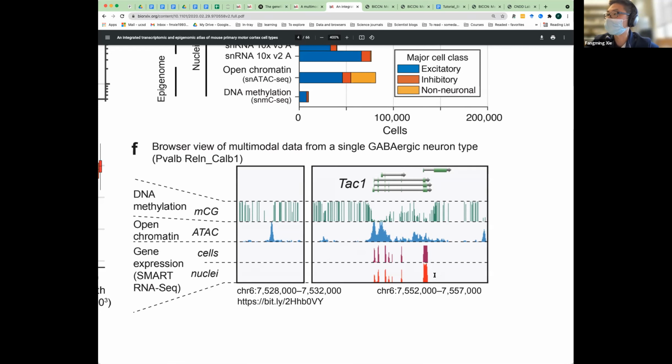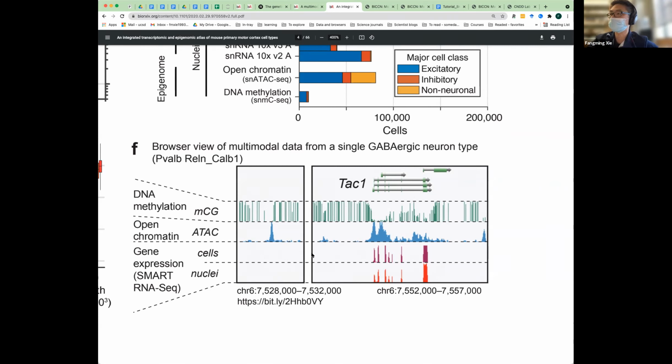And the next two tracks show you gene expression, and as you can see, gene expression can only happen within the gene body. Therefore, there's no signal outside of a given gene. So that's a good overview, and it's nicely curated in this manuscript.